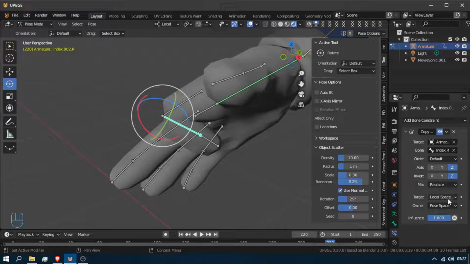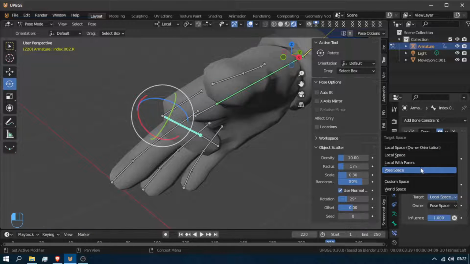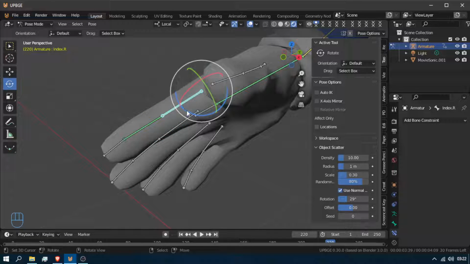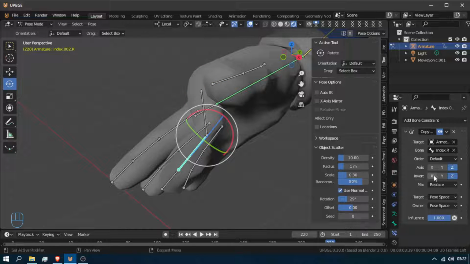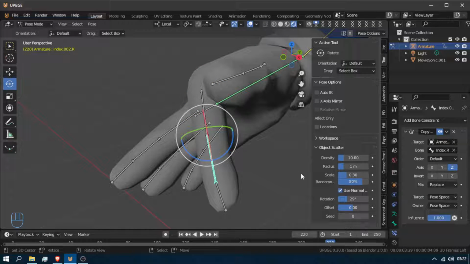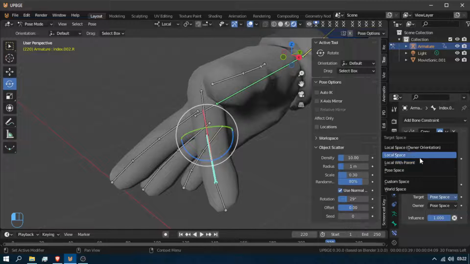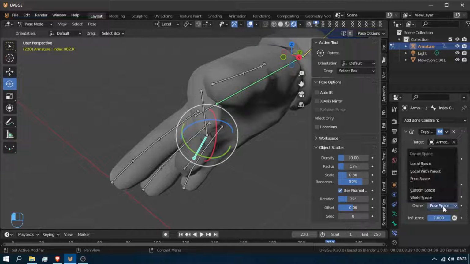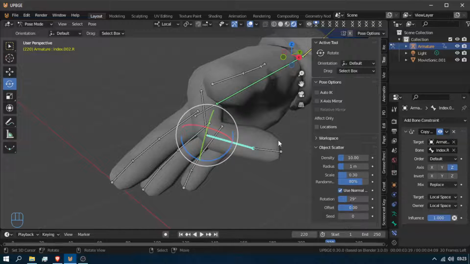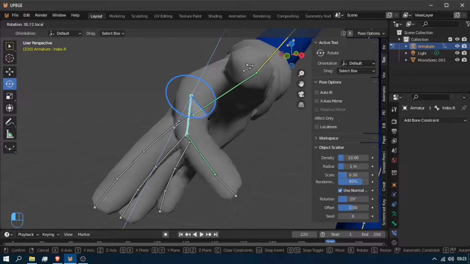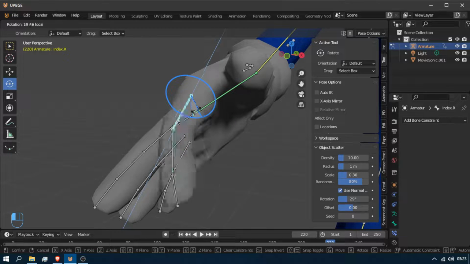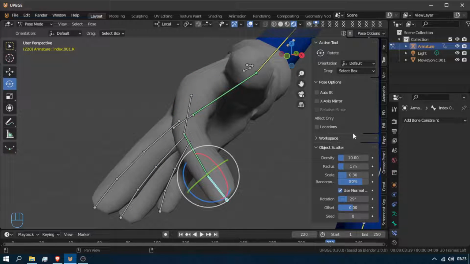Okay, so now it's rotating the wrong way, so I'm not gonna invert that. The target will be local space and the owner will be world, no, not world space, pose space, local space. Okay, so it was local space on both of them. Okay, so we've got a nice rotation, and then this one,